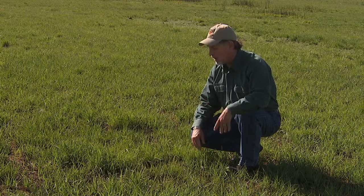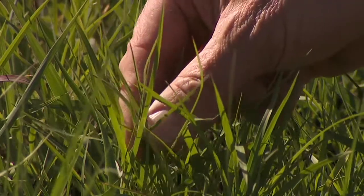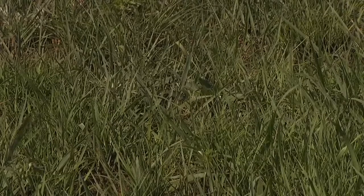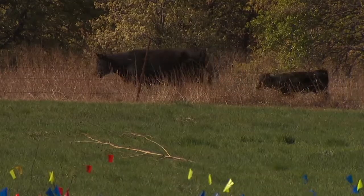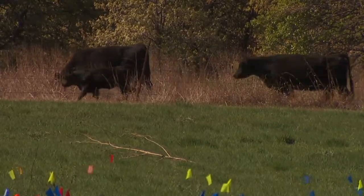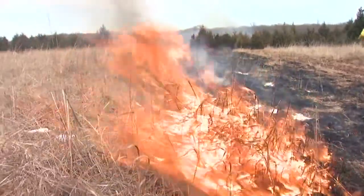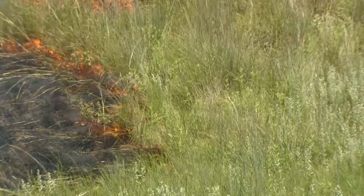One in particular that I think is interesting to note is this grass here, little bluestem. As you can see here, it has responded very well to this fire. Regrowth is quite normal, and we expect, in fact, a full forage growth year this year, even with a winter burn. Research has shown that burning little bluestem and other grasses at any time of year, including growing season burns,